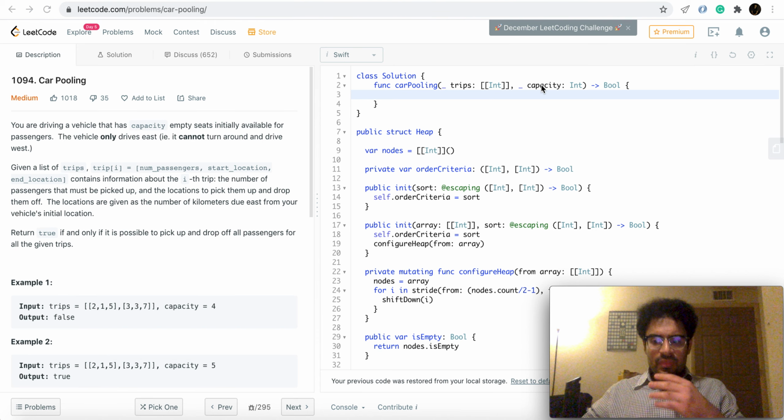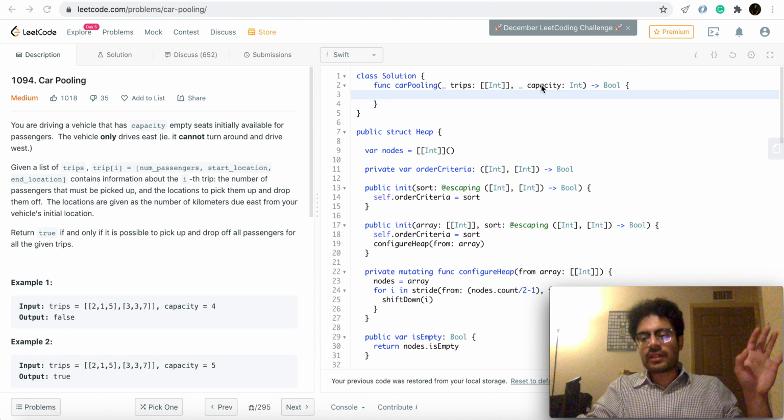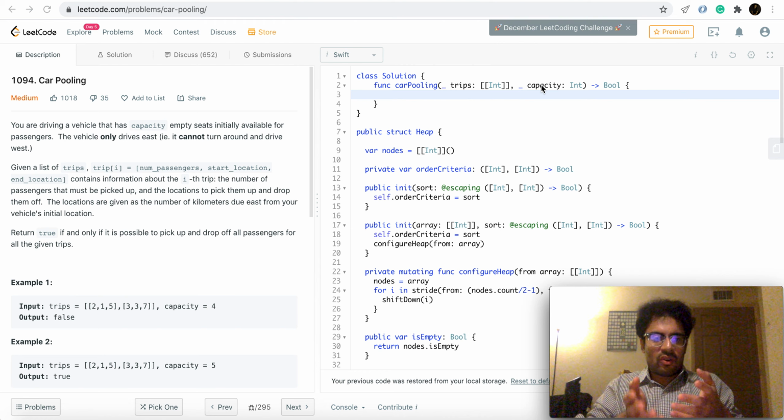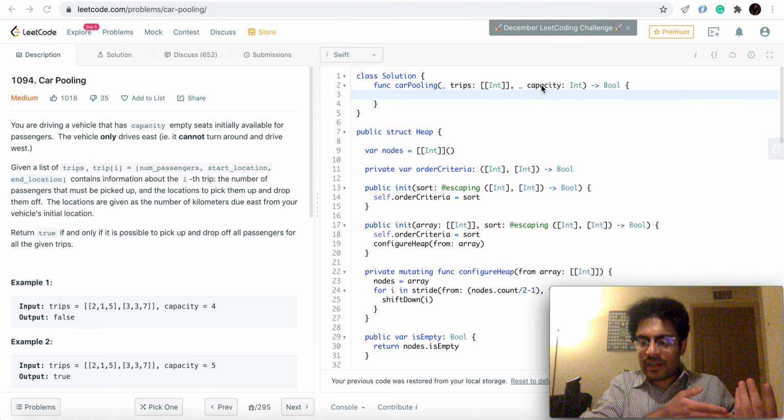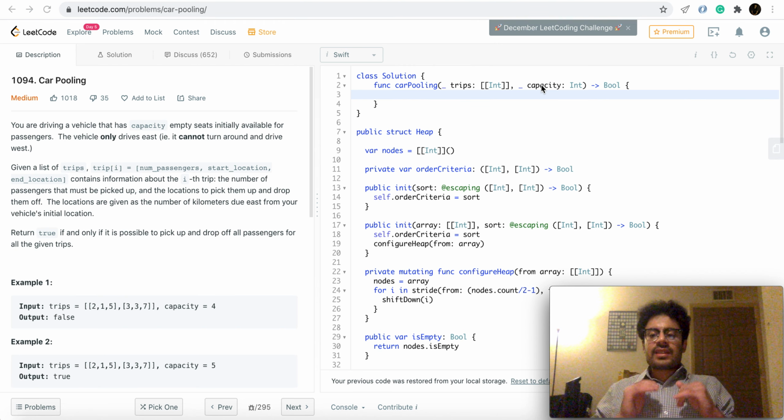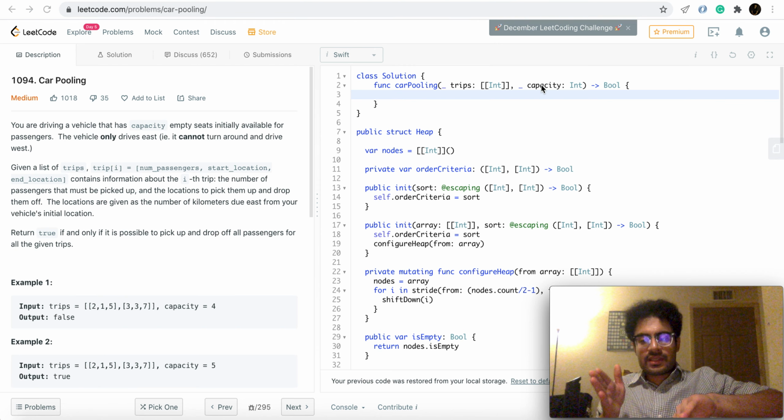Now, how do I know what the current running capacity is? I don't know any information about the past, the things that have happened before this current trip. This is where the min heap comes in. To get the current running capacity of the car, we will find all the trips that have ended before this current trip has started.